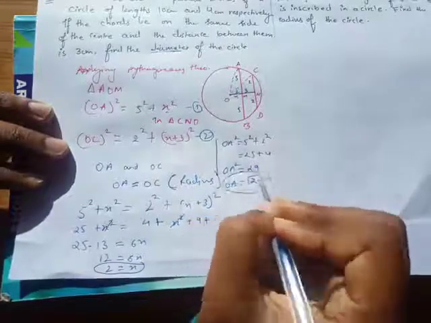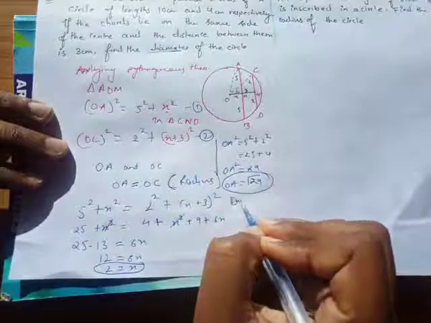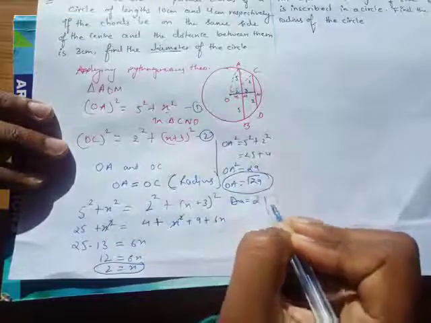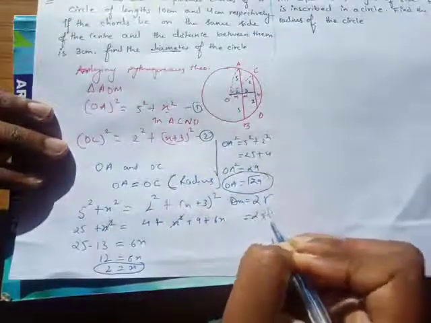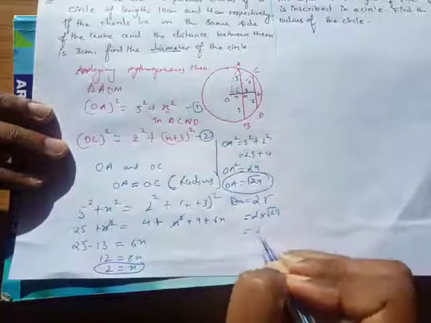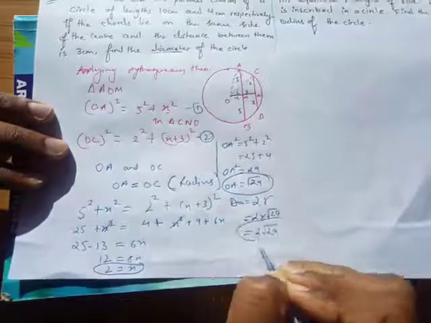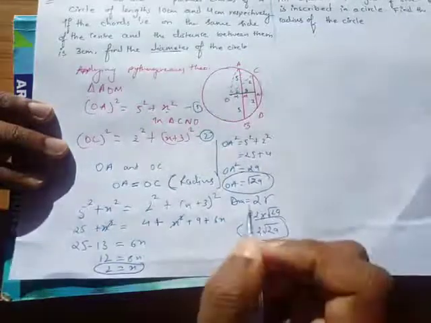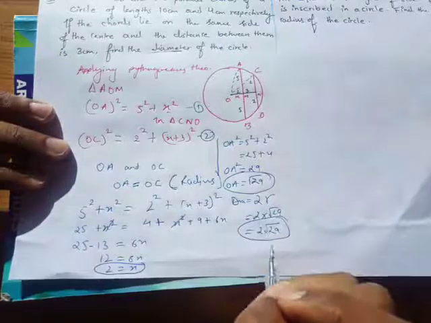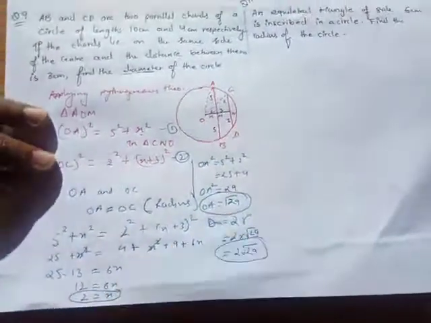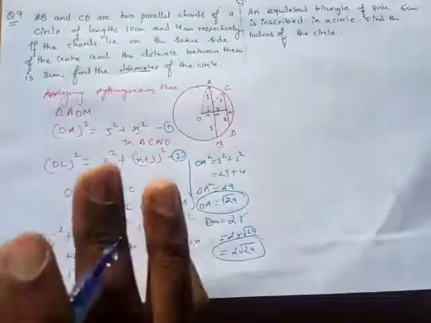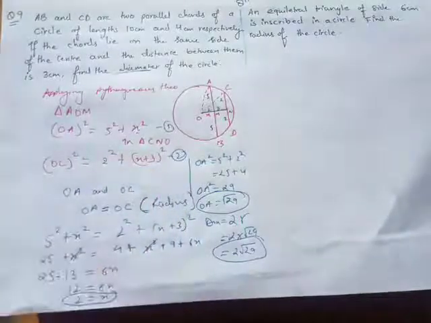That's your radius. And if you have to find diameter, diameter is equals to 2r. So 2 into root 29, so your answer is going to be 2 root 29. That's going to be your diameter. Okay, I hope you guys are getting this. So make sure that you are able to make the diagram first. Diagram is going to help you guys a lot.